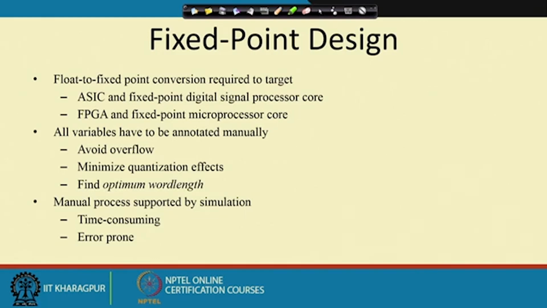Suppose that the original result is 585, but due to not considering the fractional part, I am getting the result as 500. So, 500 means I can represent the data by 512; I think 9 bits I require to hold